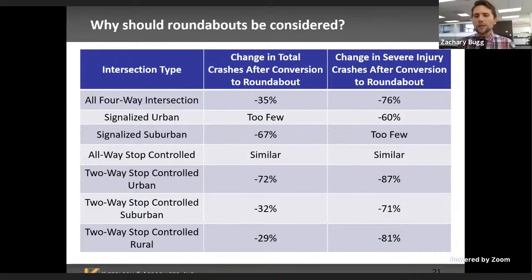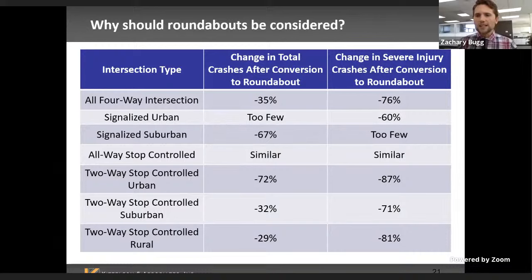Well, you bring up a good point, and that is the cost, right? So I would say the first part of your question, when you're considering a future expansion of an intersection, roundabout should be one of your options, right? So that's talking about intersection control evaluation. Definitely keep the roundabout in your toolbox.